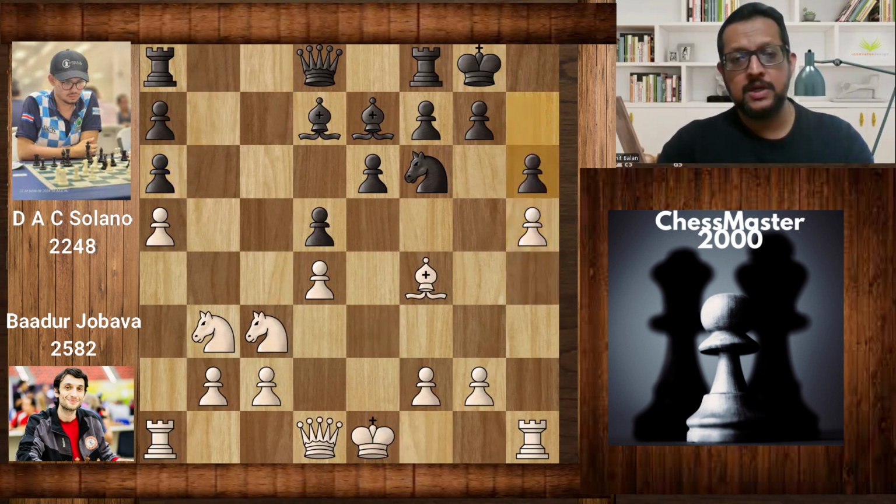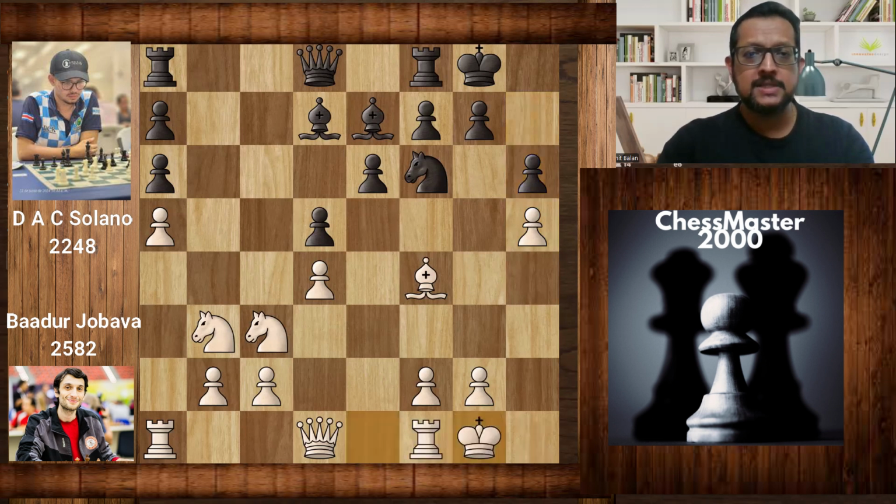h6, otherwise white would play h6 himself. Jobava castles, and queen c8. Now, if you look at this position, white, in my opinion, is clearly better because of his kingside